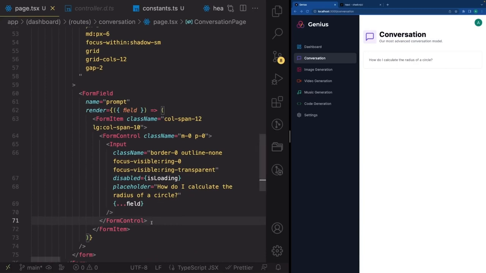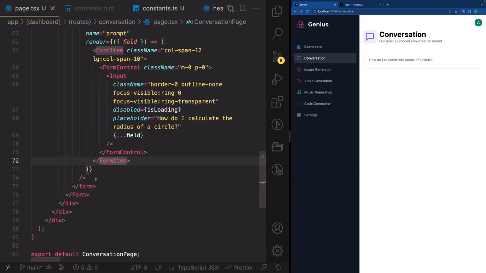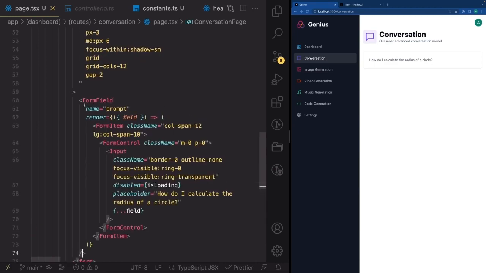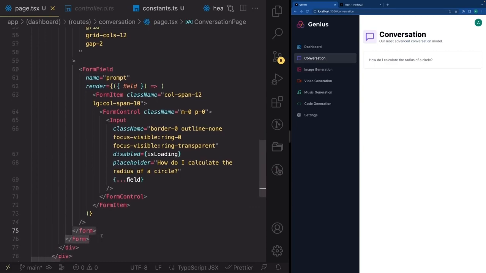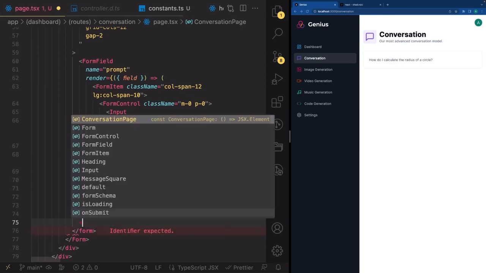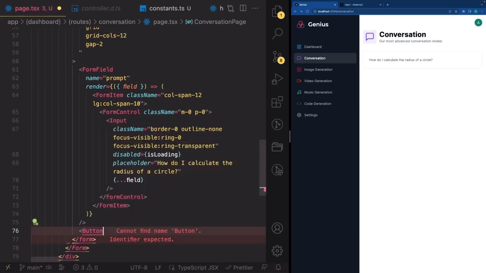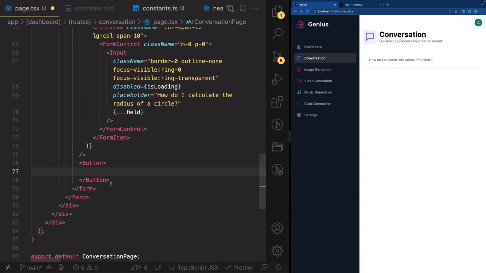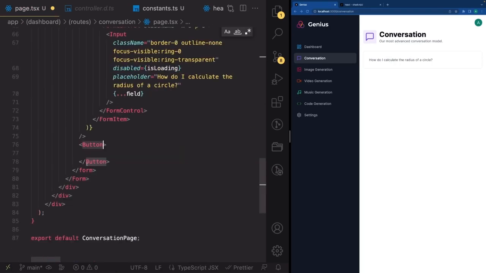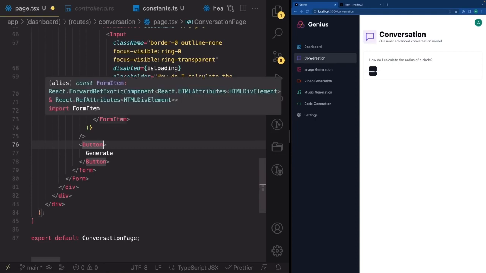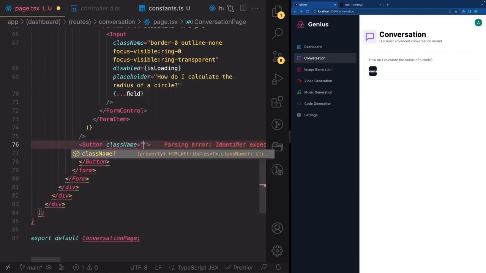And now let's go ahead and, just outside of this form control, outside of the form item, and outside of the entire form field actually, but still inside of the native HTML form element, add a new component Button from @/components/ui/button like this. So make sure you've imported that here. I'm going to move it alongside all of my imports, and let's go ahead and just write Generate like this. But we have to give it some styles. So I'm going to go ahead and write className here,